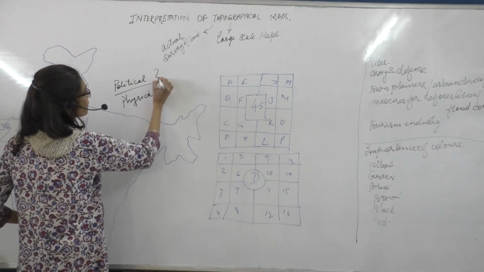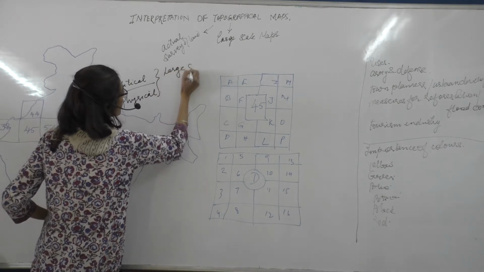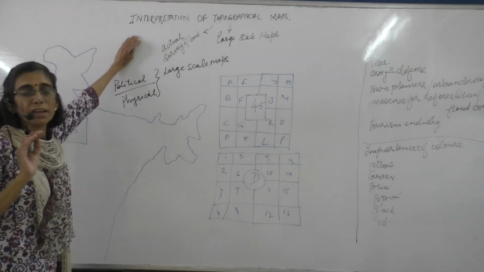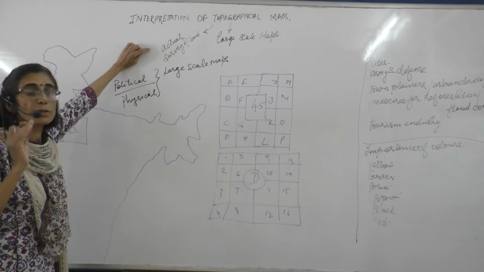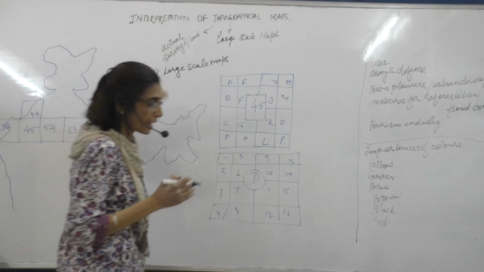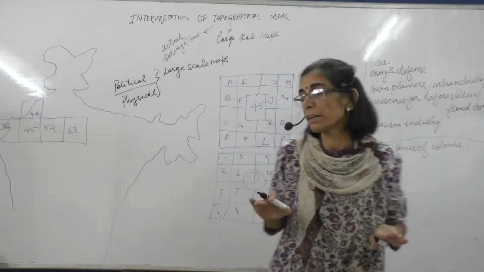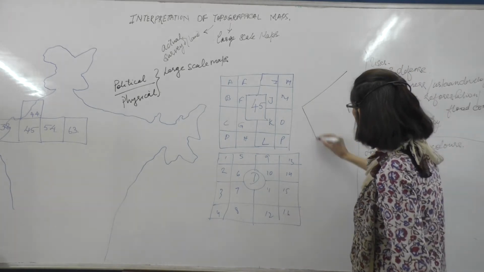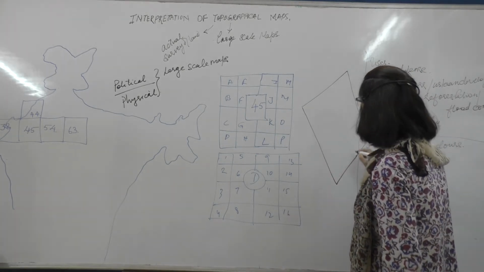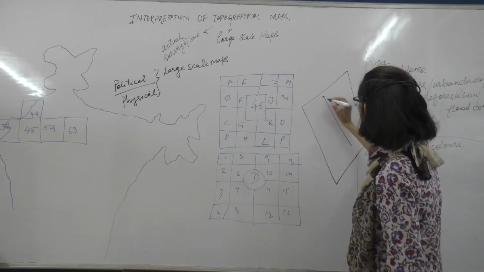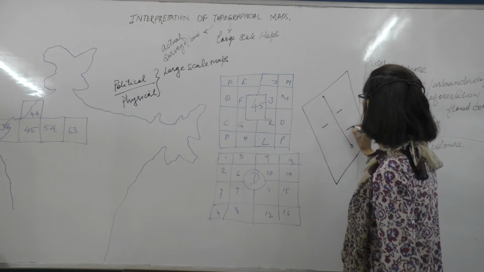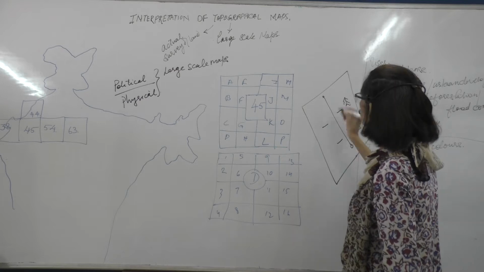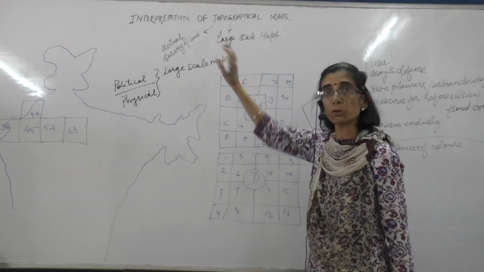So earlier you have read about various kinds of maps, and here we are going to represent the topographical map, which is an actual survey done on the land, an actual plotting done on the land, and through that these maps are obtained. That means that if you go to the ground, you actually place a chain and measure the distances of various objects, and then you plot the map. That is called a topographical map.